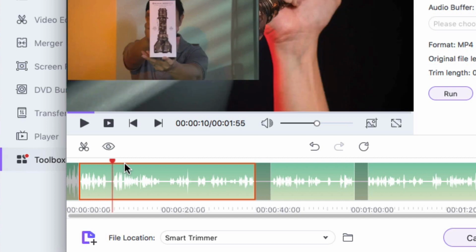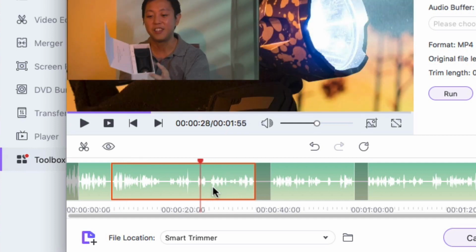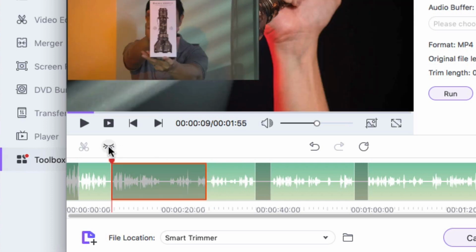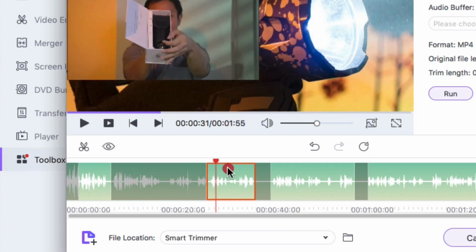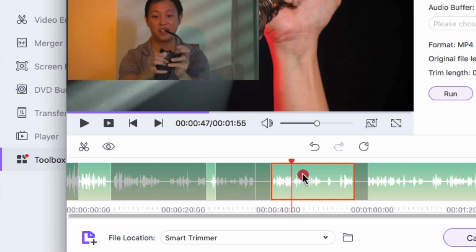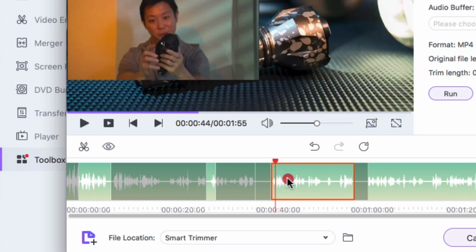Start trimming your video by clicking on the trim or scissor icon on your playhead. This action will slice your video into a segment. You can also use the scissor icon here to make a slice or press Ctrl B. Remove a segment of your video by selecting the segment and clicking on the eye or hide icon. The shortcut to hide a segment is Ctrl-H. Hidden segments will not show up in your final video. They are as good as deleted, but don't worry, your original video will not be changed.